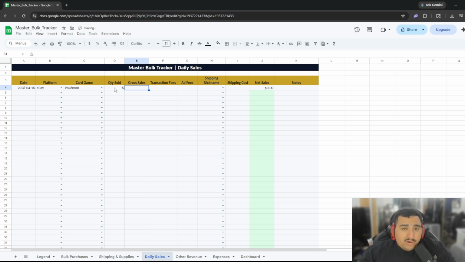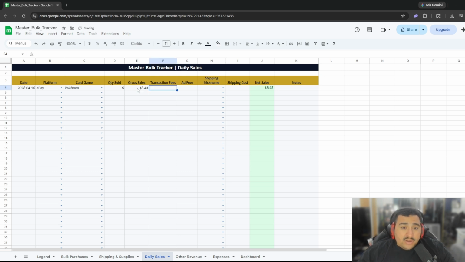This is the only part where you're gonna have to do your own math. You're gonna have to tally up all your sales, and then you're gonna put in how much you made. And actually, if you wanted to, I made this super long as well, but I feel like you'd run out of space if you're doing a lot of orders every day, because you could really just list them all individually and put your sales, your transaction fees, and your ad fees, and then what else, right? So yeah, let's say we sold 6 things, right? 6 cards, and it came out to